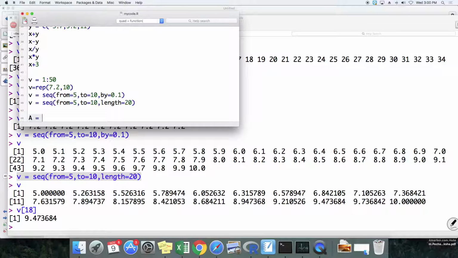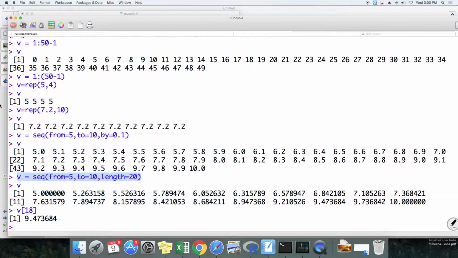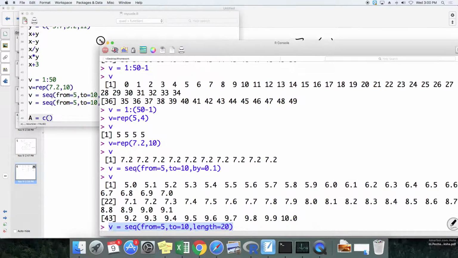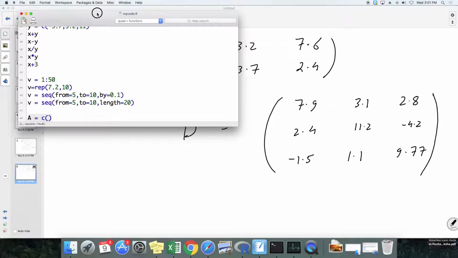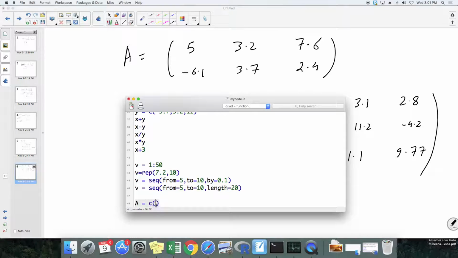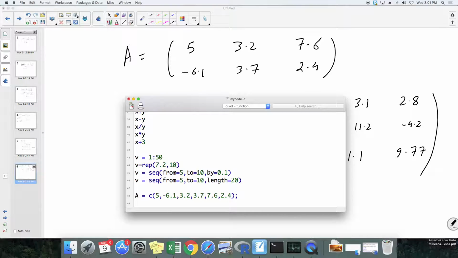So let's write A as a vector. A is a vector 5, minus 6.1, 3.2, 3.7, 7.6, 2.4, and then let me convert A to the matrix